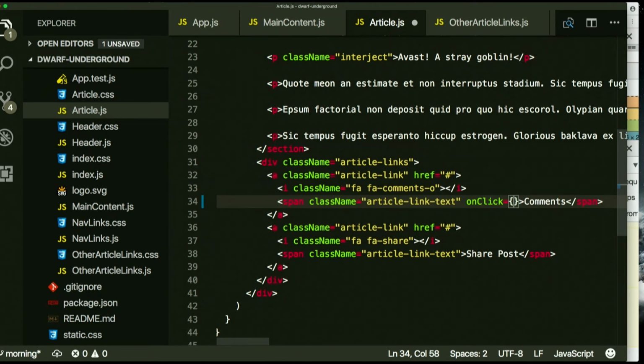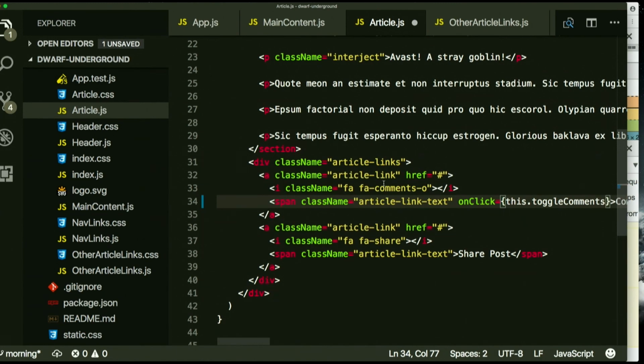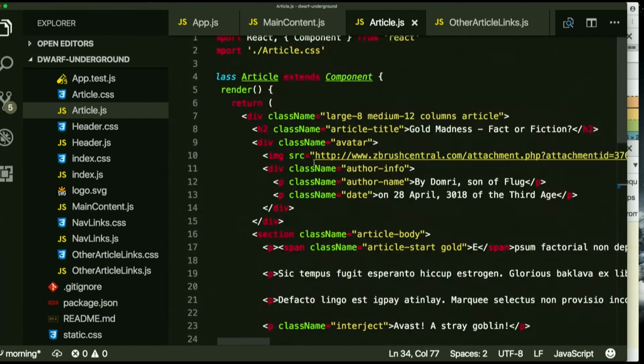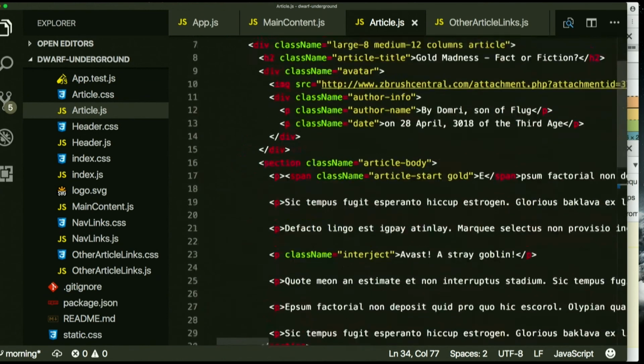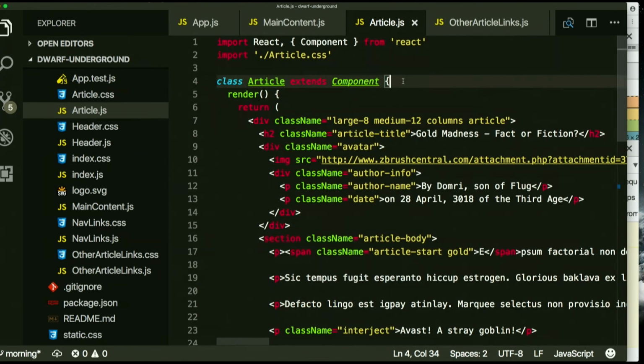Basically, we could have it just show the comments when you click it. I think it would be better for us to be able to toggle it on and off, right? If I click it once, it shows me the comments. If I click it again, it goes away. So let's just call it toggleComments. A couple of things we're going to need. It's not just a pure render anymore. We said we need some state on this, right? Because we have to know whether that value is true or false that we're toggling. And if I'm using state, where do I initialize that? In the